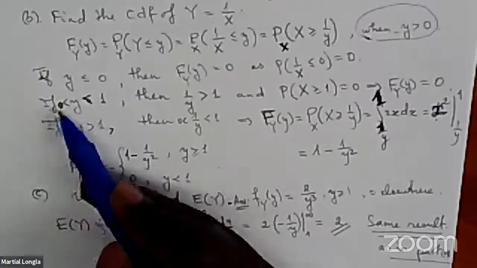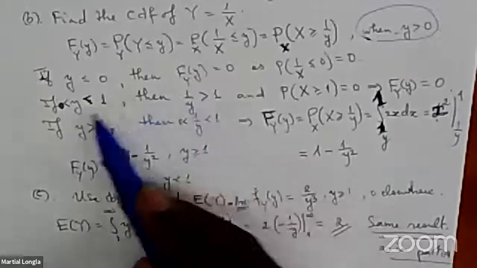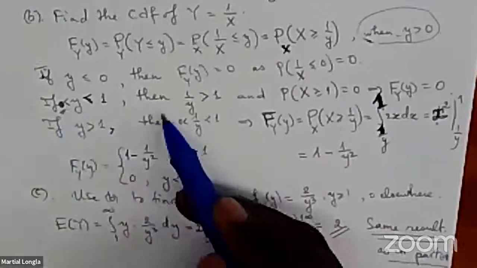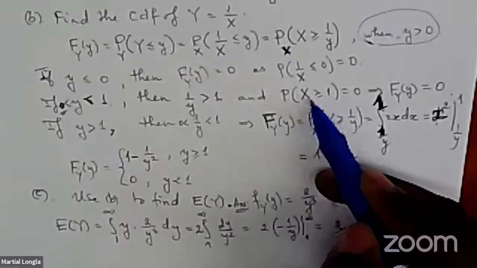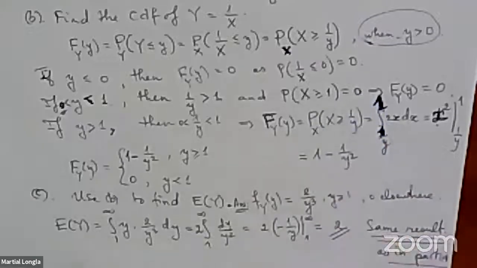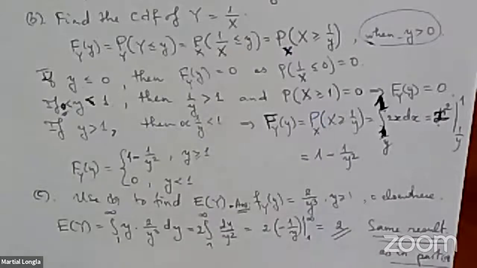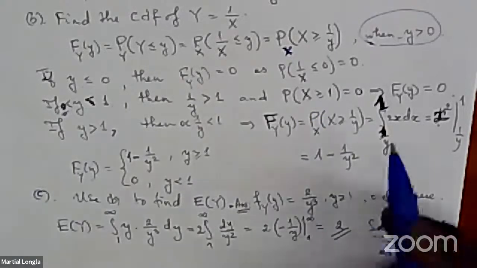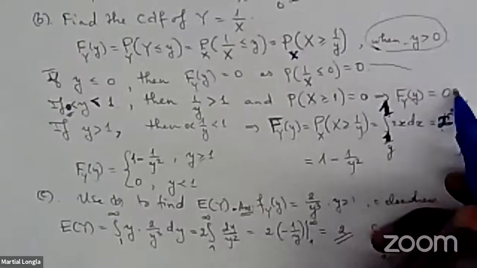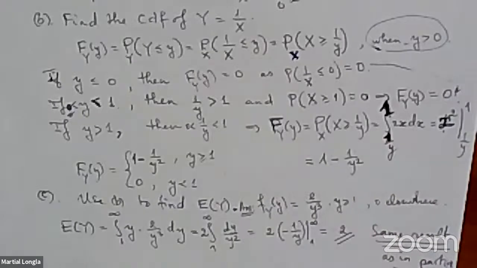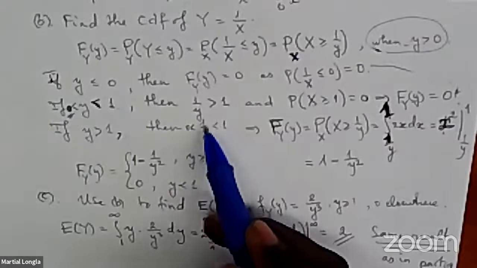Now, for y less than 1, being positive, 1 over y is larger than 1. And the probability that capital X is larger than 1 is 0 as well, because capital X is between 0 and 1, right? It can't be larger than 1. That's why capital F of y is 0. So it's 0 all the way up to 1. And now if y is larger than 1,